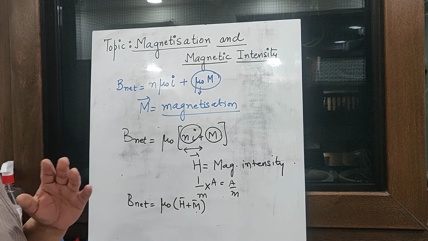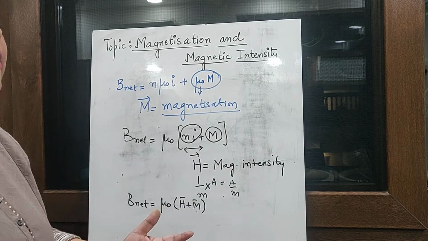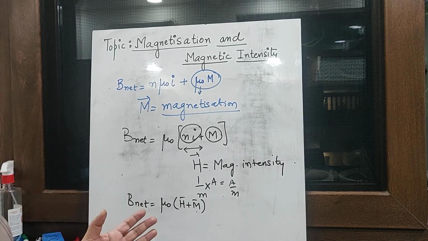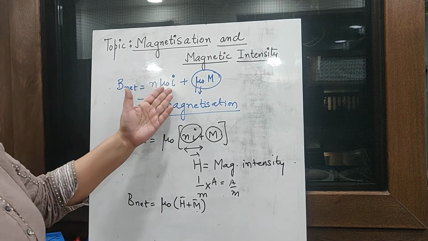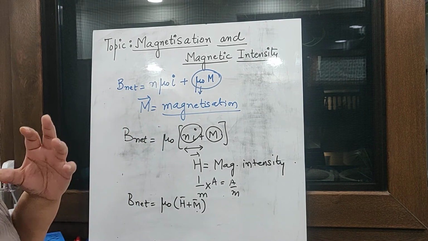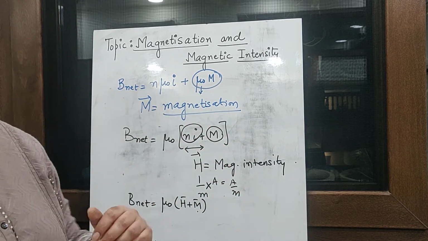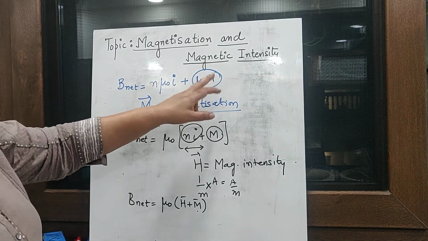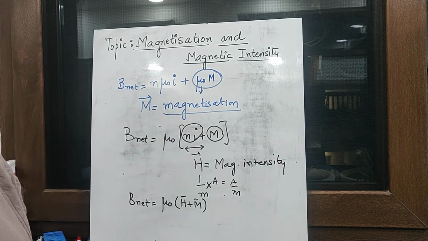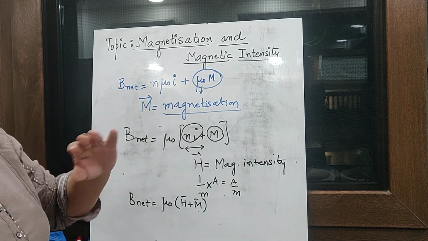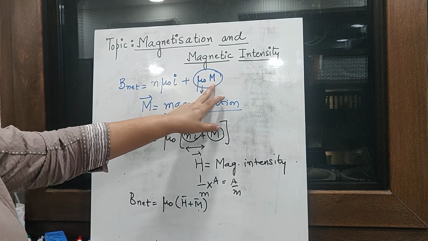Further, this M, that is how much magnetic moment will be developed inside the sample, depends on two things. One is the intrinsic property of the material, that is how many magnetic moments it can develop, and then there is an external factor, which is the current. If we increase the value of current, we can make more magnetic moments inside the material align themselves in the direction of the magnetic field. If more is the current, more will be the value of M, and that also has to be considered.